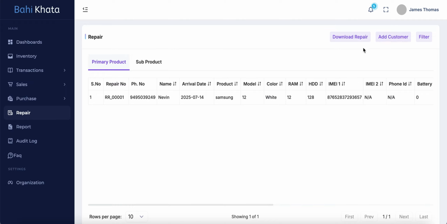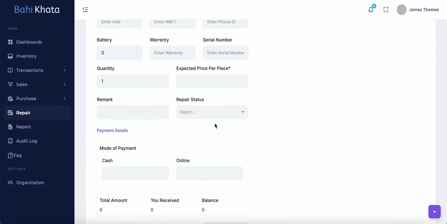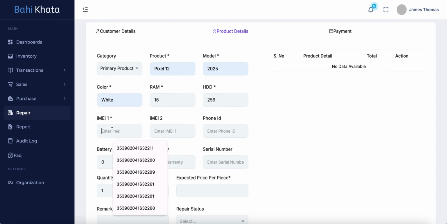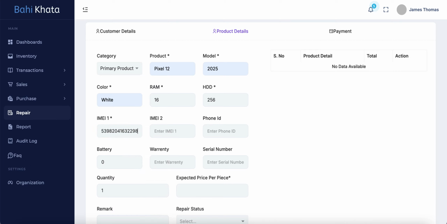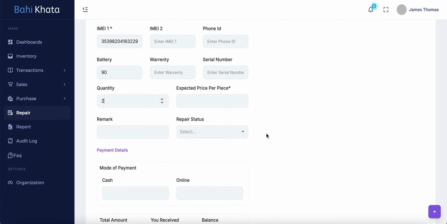You will go to the top action buttons and you will click on add customer. So let's add one customer here and click on the next button. You need to add all your product details from here. Let's say in my shop a Pixel 12 has come for the repair, and I'll add the model, I'll add the color, then I'll add the RAM and HDD, then I'll add the IMEI number here. Let's say I'm adding the battery percentage as 90. Quantity, let's say two items have come for the repairing, and the expected price per piece, let's say we take